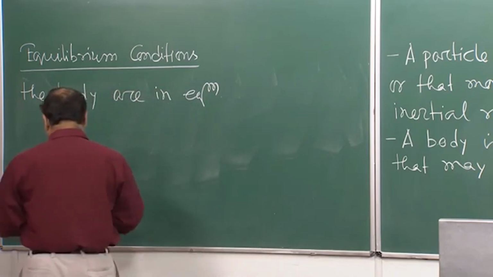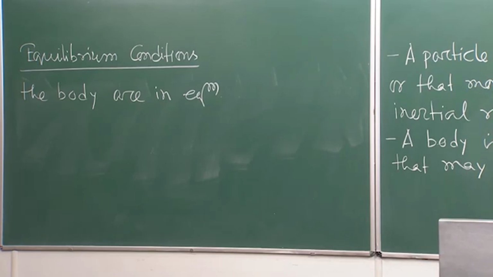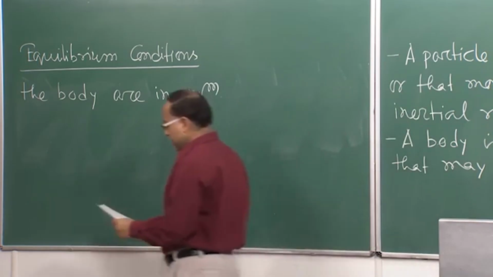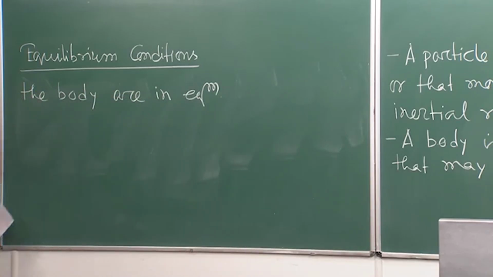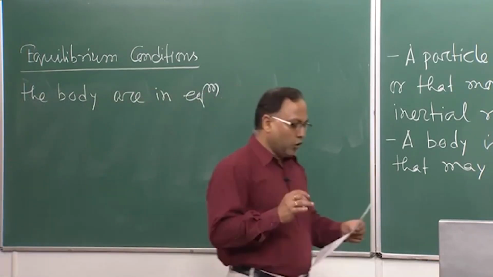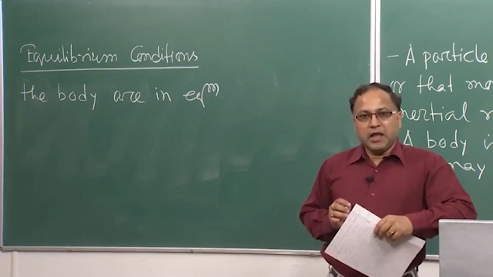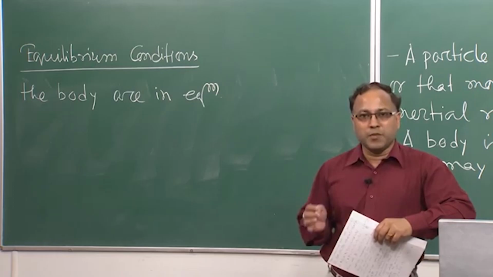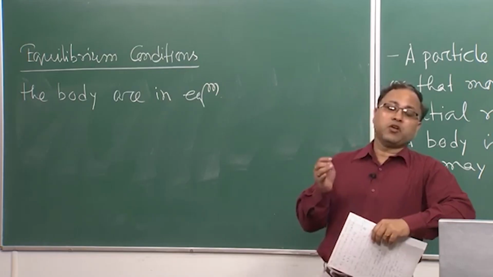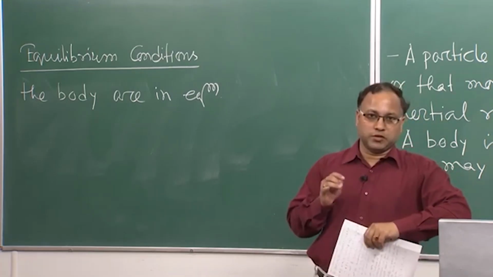So, now basically if you look at the general equations of equilibrium, how we can establish the equations of equilibrium. The necessary and sufficient conditions of equilibrium is that the summation of all the forces, that means the resultant force, as well as the resultant moments. When I am talking about the force, that means the forces which are externally applied on the body.